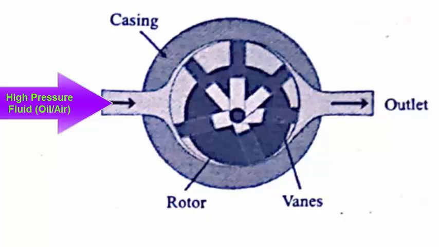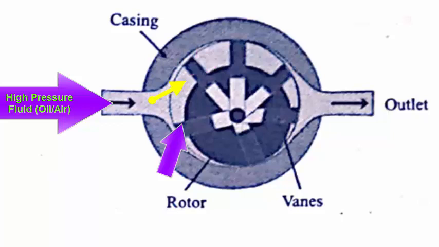That is what we have to understand. So now in this particular position, if you are seeing the compressed air, or compressed high pressure fluid, coming in this direction, it is acting on the vane surface here, and it is acting on the vane surface here also. Now which side is the force more? There is more force on this area than the force generated on this smaller area.